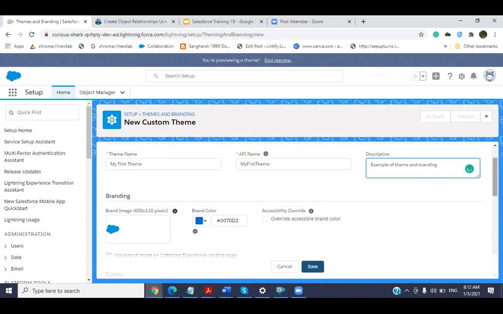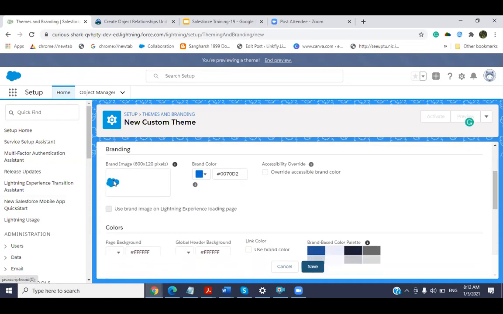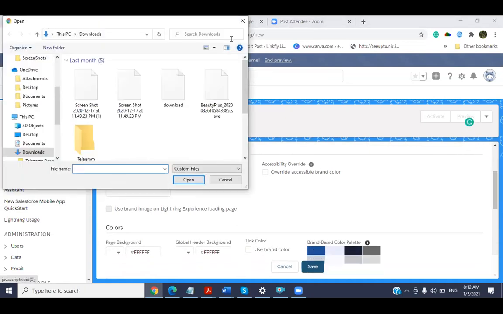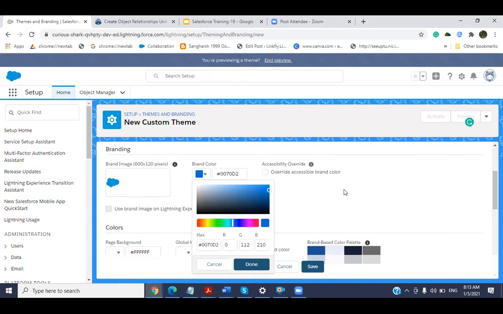Great. Now we can change the logo. If you want to change the logo, you can change it from here. You just click the box, and you can choose the picture, the logo you want, and save. You can also change the color from here.